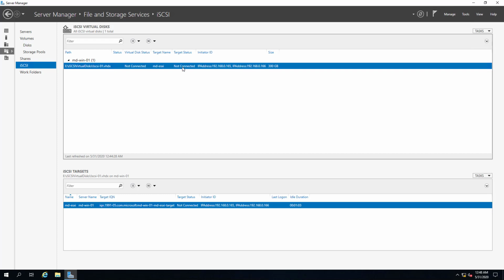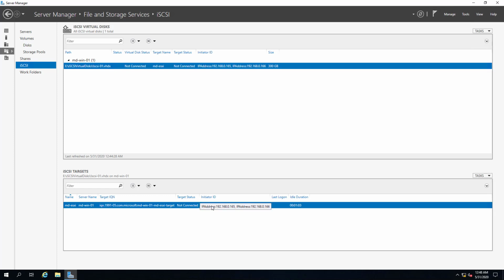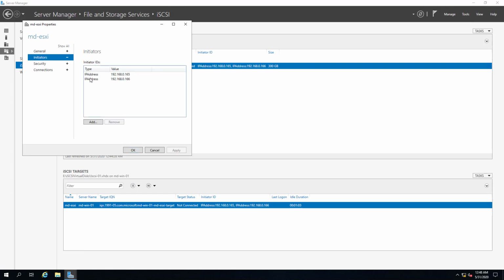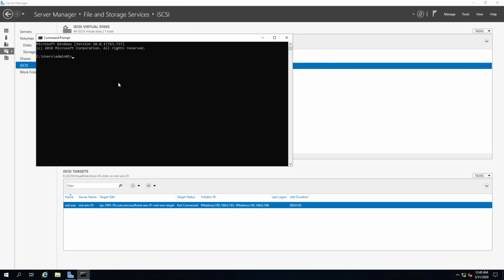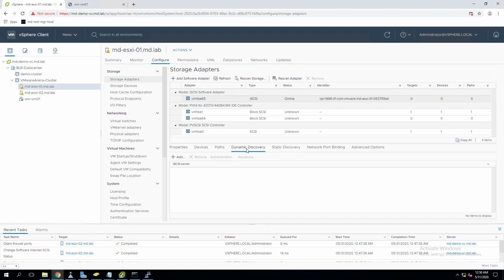Everything is configured. We can also edit the virtual disk. Go to properties, or if you want to expand the virtual disk size, we can do it. Or if you want to delete, disable, remove, everything can be performed here actually. So if you want to add an additional ESXi host, we can go to the iSCSI target under the properties, go to initiators, and add an additional ESXi host which we want this particular iSCSI target to access. So we have already checked the IP address of this. Let's double check.